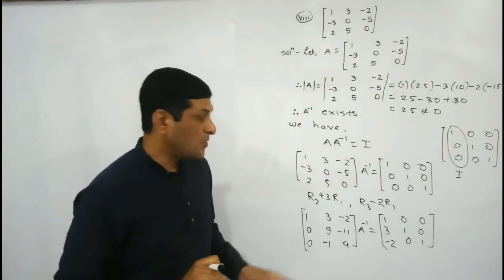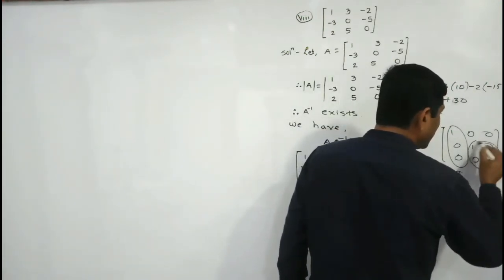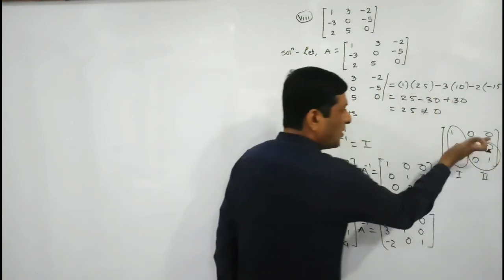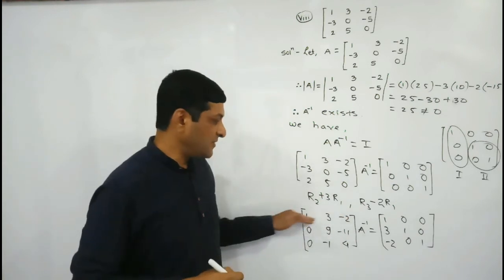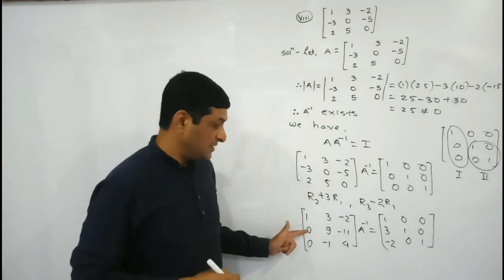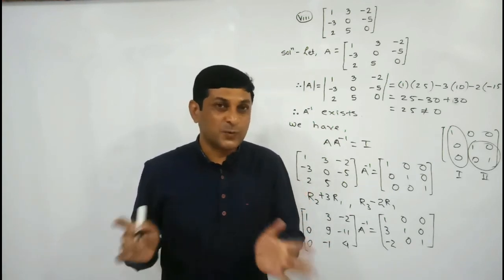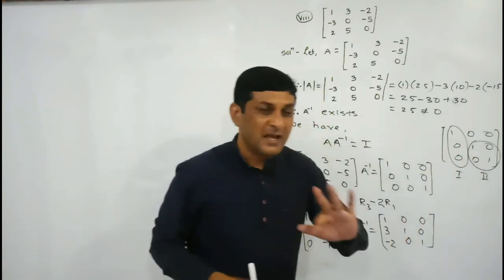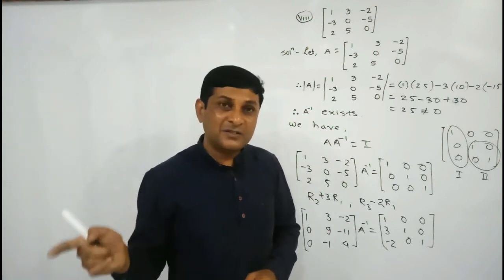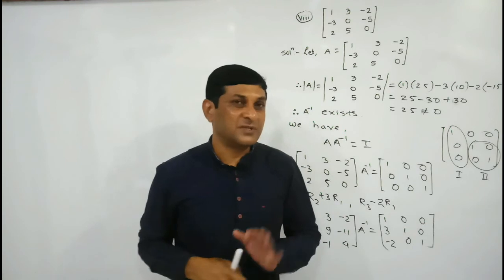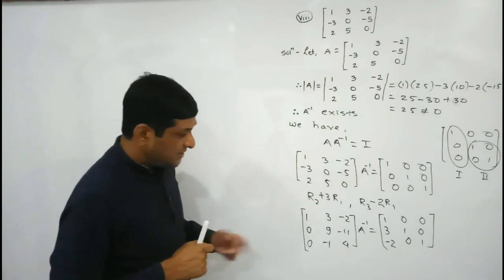Well, in this way we have completed our first step. Now the second step is to get these 4 elements. जब हमें ये 4 एलिमेंट चाहिए तो हमारे जो भी ऑपरेशन है वो R2 और R3 के बीच में होने चाहिए. Don't use the corresponding element of R1 because this will disturb these elements. So don't make use of the corresponding element of R1 to get these elements. आपके जो भी ऑपरेशन है R2 पे है तो corresponding element R3 का यूटिलाइज कीजिए, R3 पे है तो corresponding element R2 का यूज कीजिए. Don't use the corresponding element of R1.